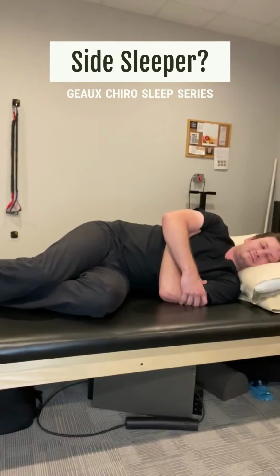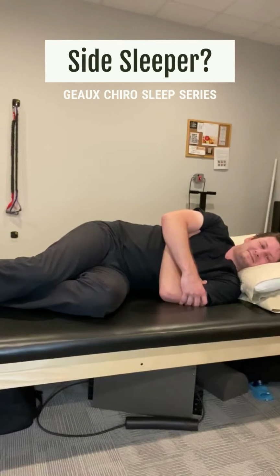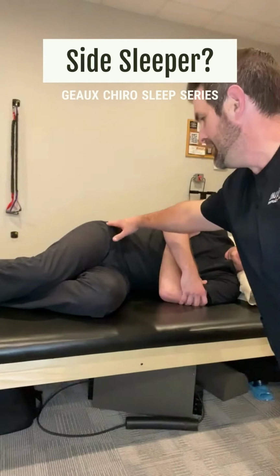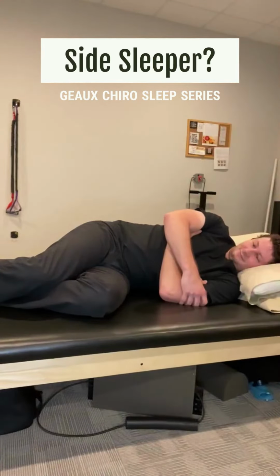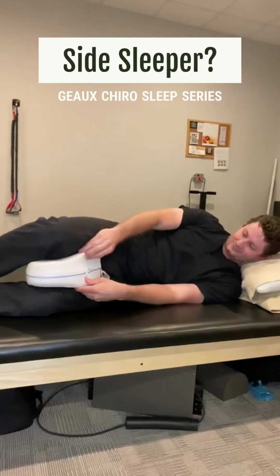So we're talking about lumbar pain, and if you're a side sleeper, the best position for your sleeping. Like Shakira says, the hips don't lie. It's all about the hips. You can see how he's asymmetrically sleeping, because right here at the hips, we've got this angle coming down. So that's going to be torquing on the back. So what we want is this nice little pillow